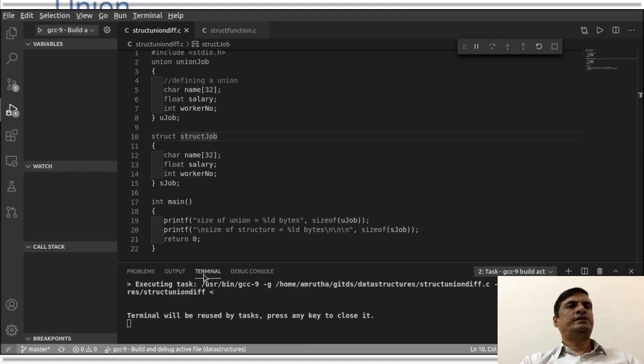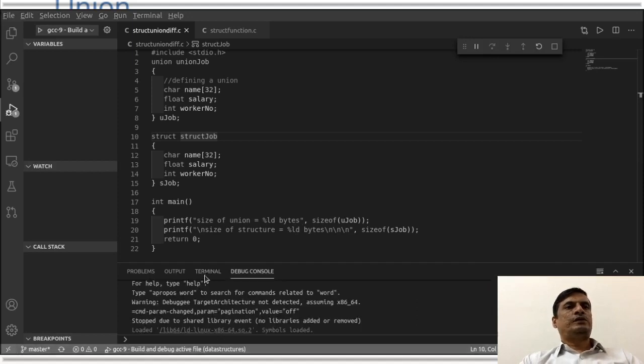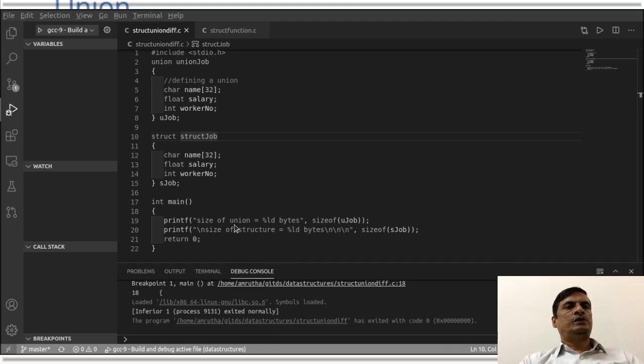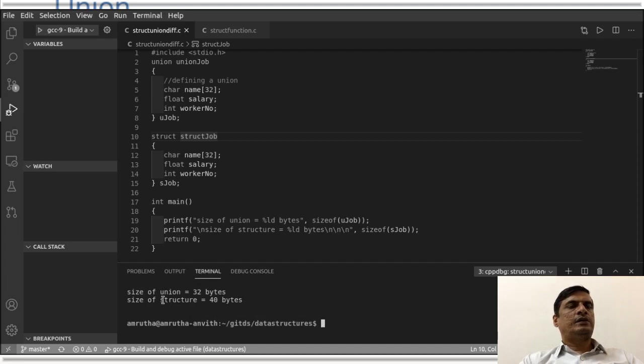what you get here, you will be able to observe the output of the program, where it was supposed to print the size of union as 32 bits, whereas the size of structure is 40 bits.